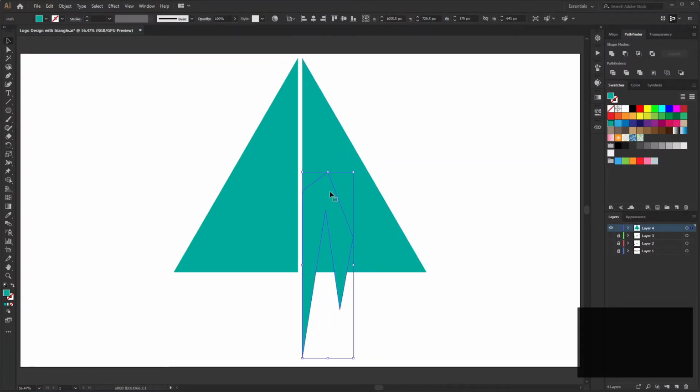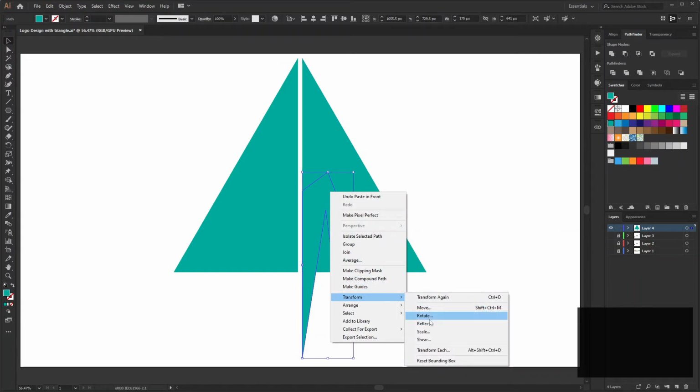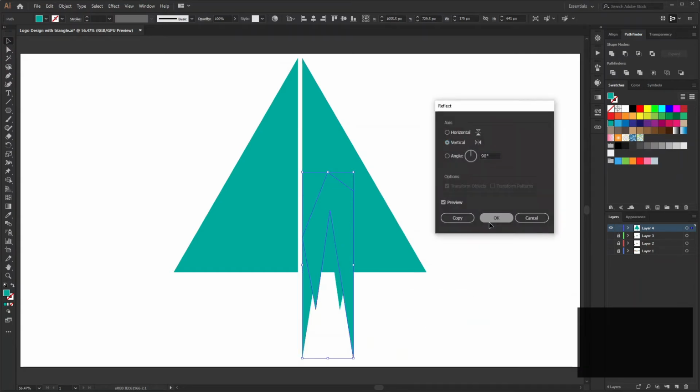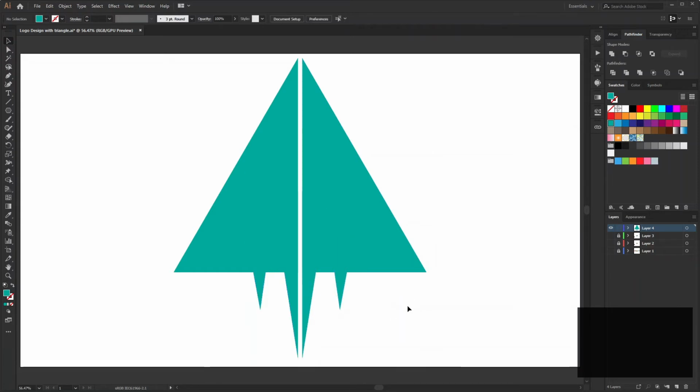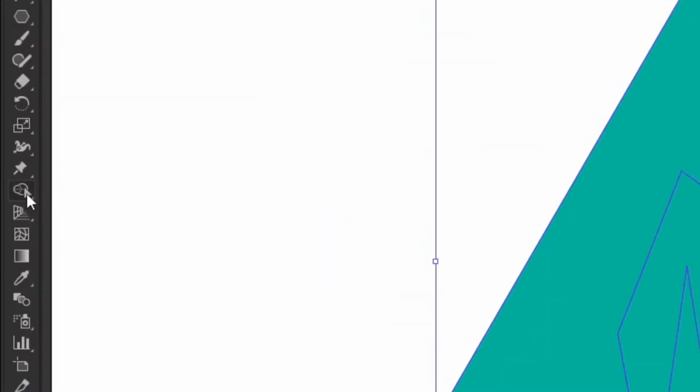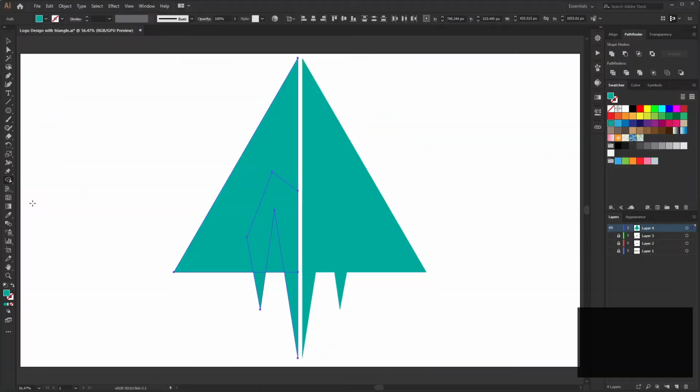Now select the shape, right click and go to transform, reflect and then check vertical reflection and click OK. Now drag the shape to the left and align it with the left side triangle like this. Now select the left side of both the shapes and use the shape builder tool to give a shape like